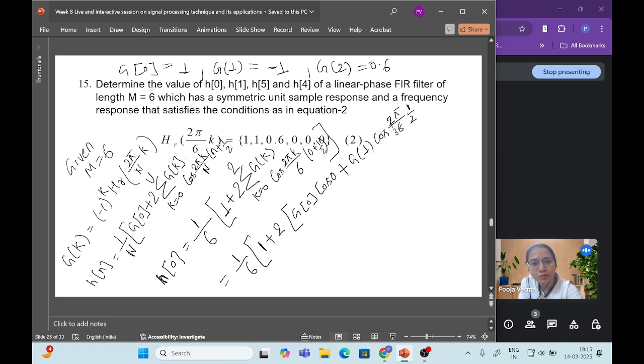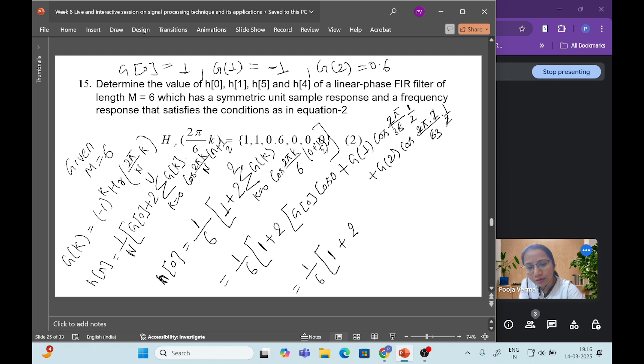Right, so 2, 3, so 1 pi by 6 only there, right? Plus G2 cos 2 pi into 2, 6 into 1 by 2. So 2 will be cancelled out. Pi by 3, here it will be left. So 1 by 6,